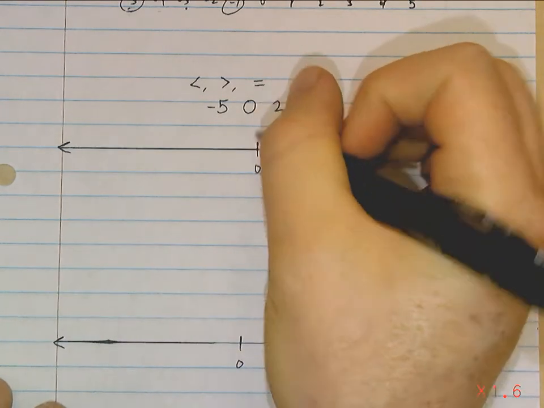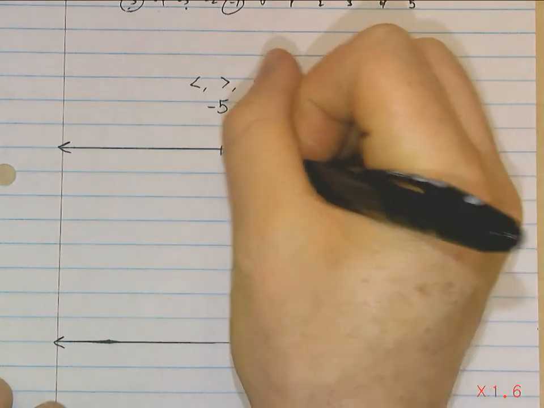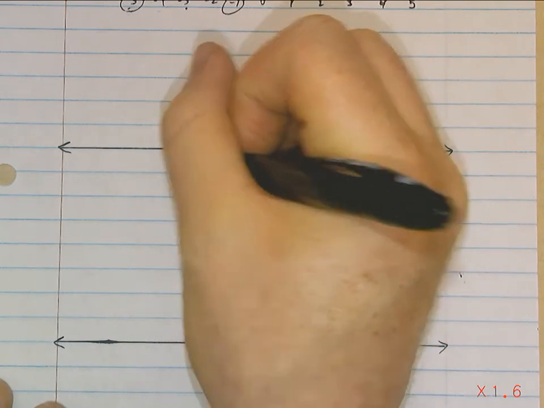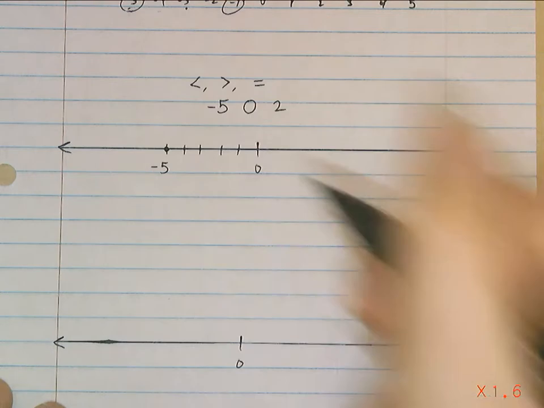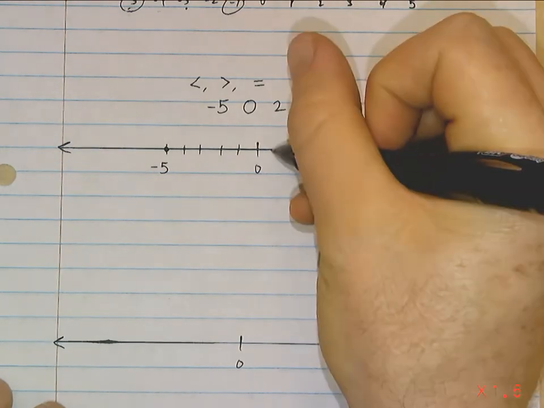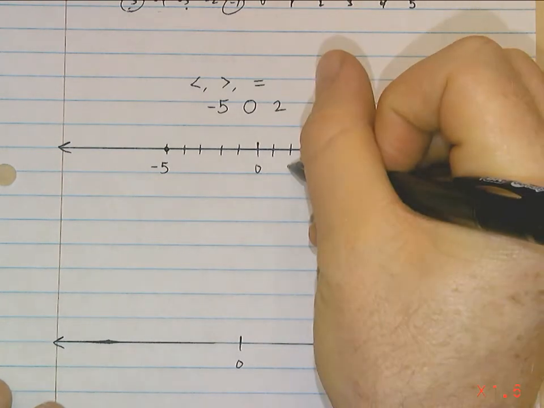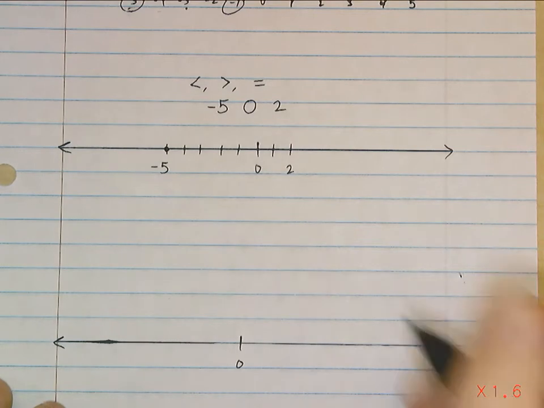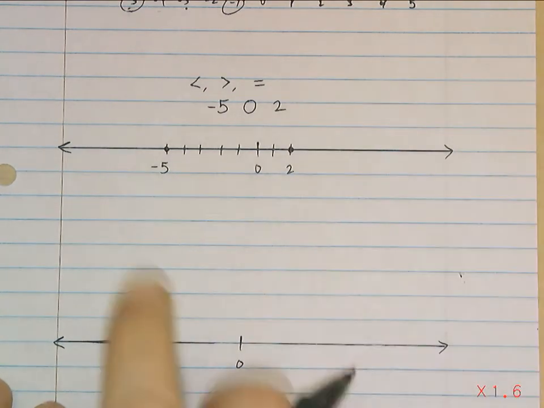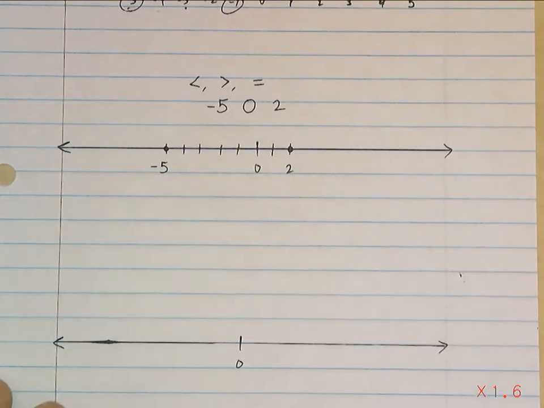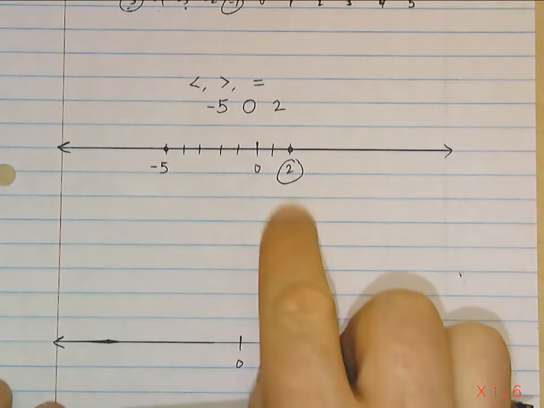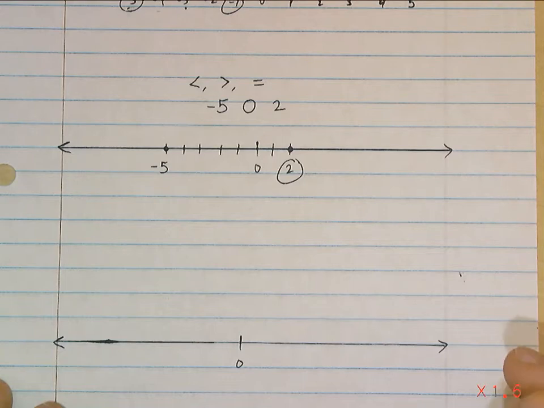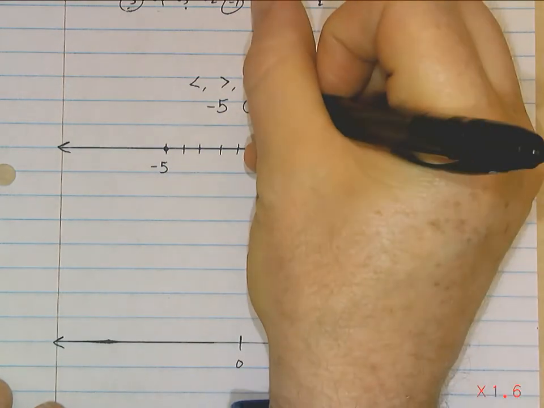Well, negative 5 is going to be located 1, 2, 3, 4, 5 places over from 0 over here. And positive 2 is located at 1, 2, right here. So if you're comparing numbers, which one's further to the right? Well, 2 is further to the right. So that means 2 is greater than negative 5. So negative 5 is less than